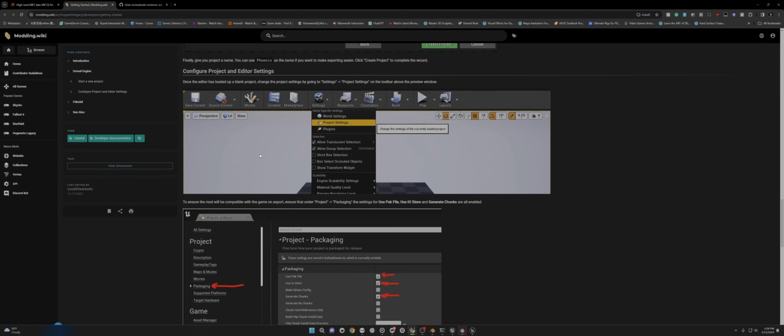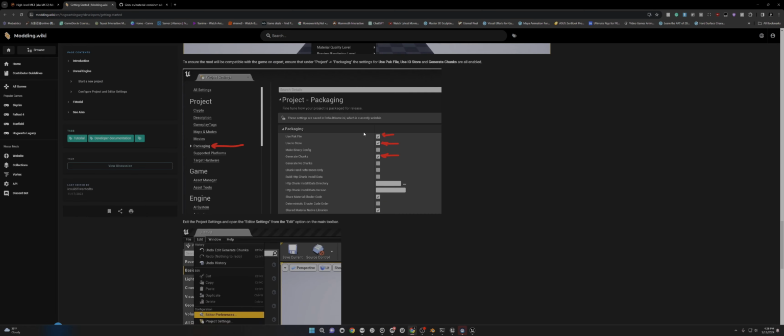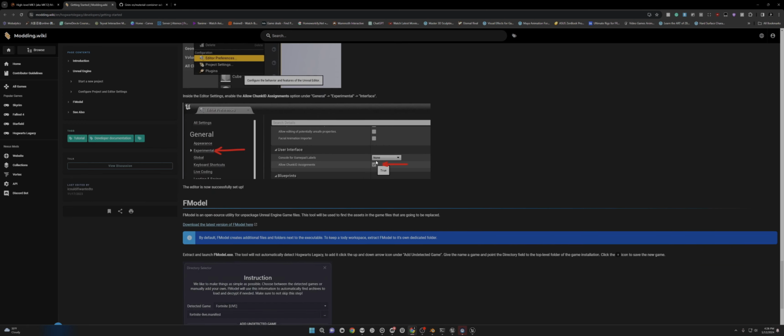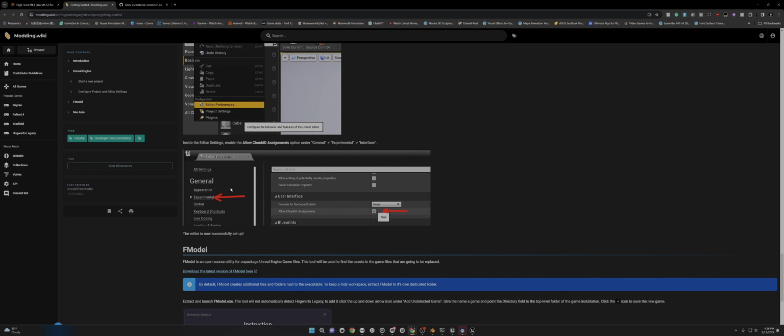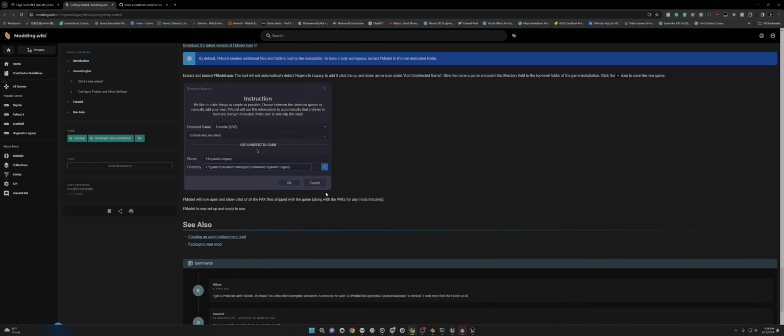But it's pretty simple. Just go to project settings, packaging, use pack file, use IO store, generate chunks. And then in the editor preferences, go to experimental, then allow chunk ID assignments. And that's it. That's all you need to do. Once you've done all that, or if you've done all that already,